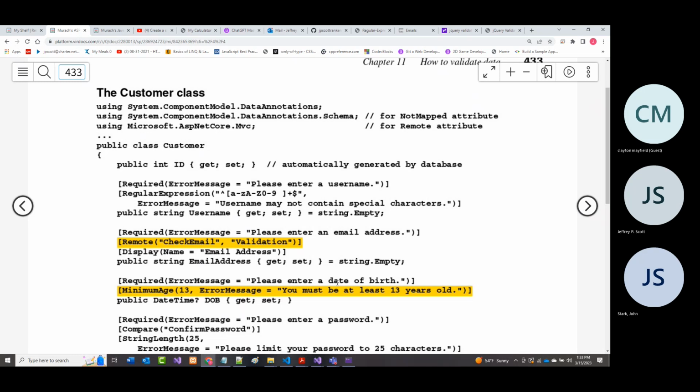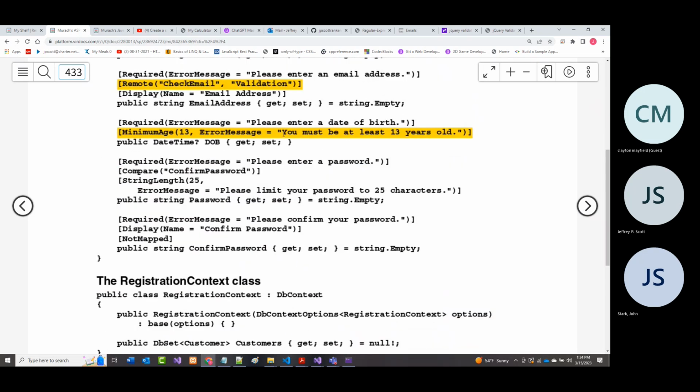And again, you can be as whatever with this as you need to or want to be. When I say as whatever, I mean you can be as detailed, but you should always come up with some kind of a description. And that description that you come up with should explain to the end user what is going on. But yet it should be terse enough and professional enough that you never talk down to the user.